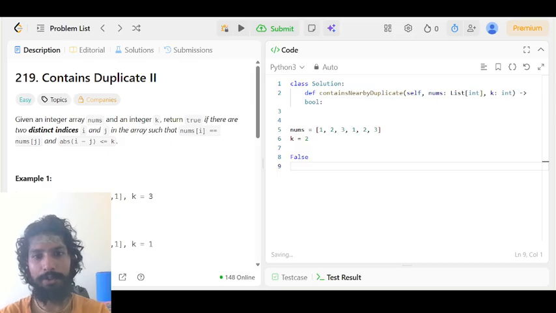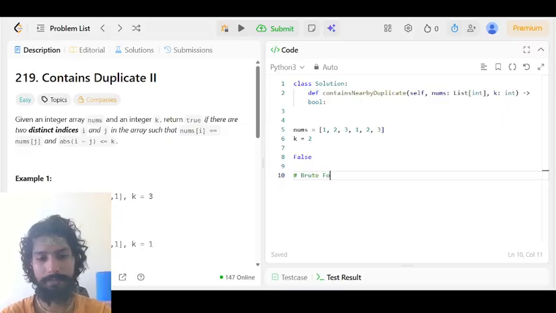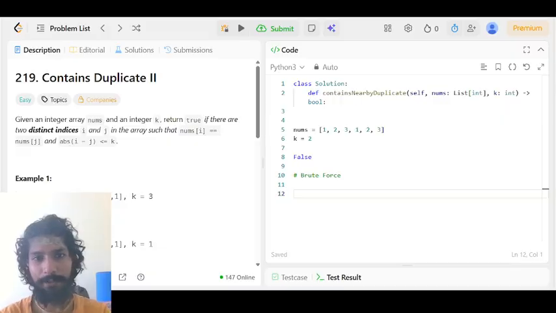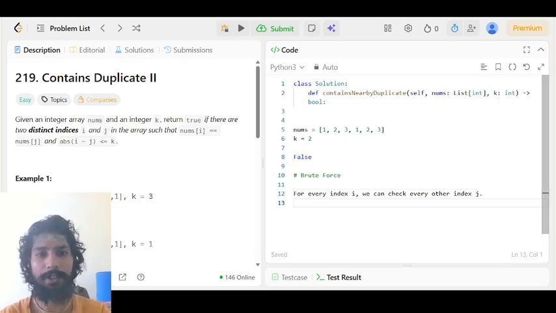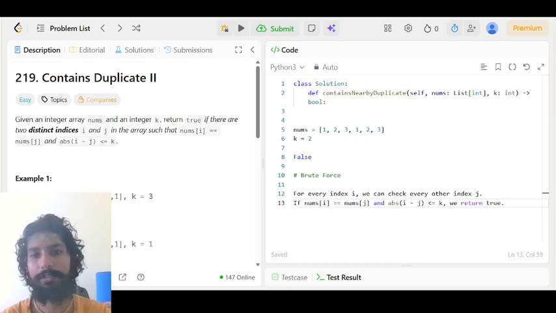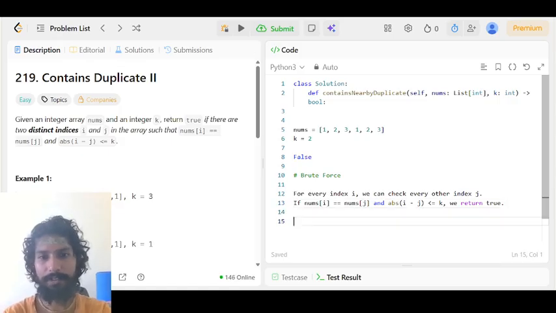Now let us think about the brute force approach. For every index i, we can check every other index j. If nums[i] == nums[j] and the absolute value of i minus j is less than or equal to k, we return true. Simple. But this takes time of O(n squared),